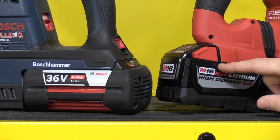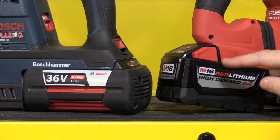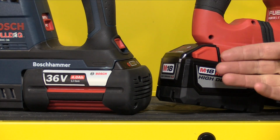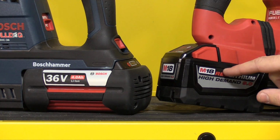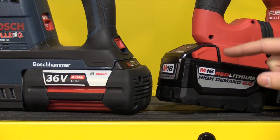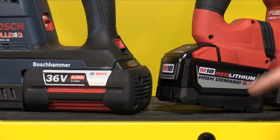But if we look at the 18-volt unit, downtime will be a big issue with this, specifically because this battery pack is going to get very hot, and when it's hot, it takes even longer to charge back up. The specific pack could take 3 to 4 hours depending on how hot it is. And if you only had 2 of those, that would amount to a considerable amount of downtime when you're using